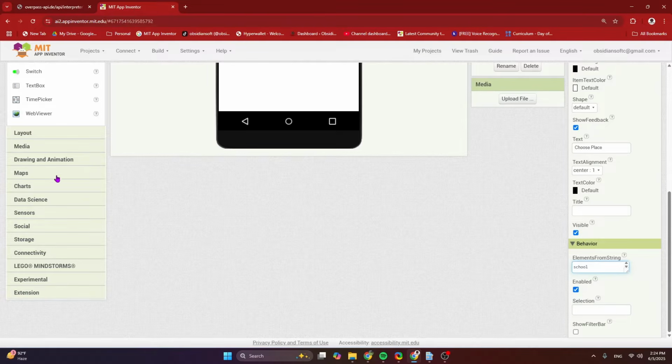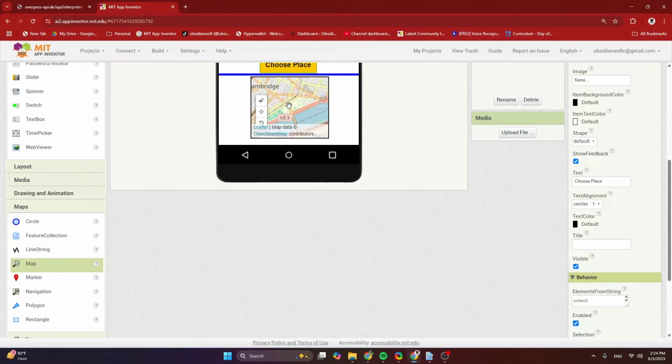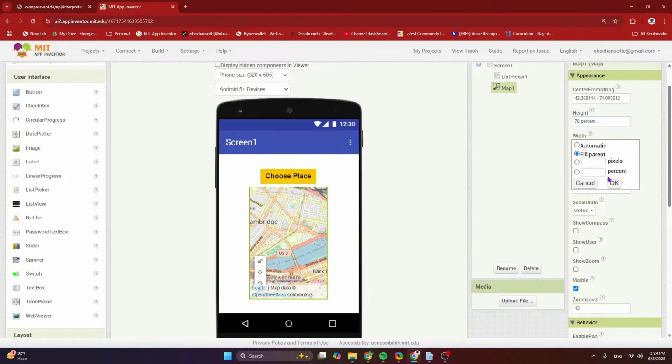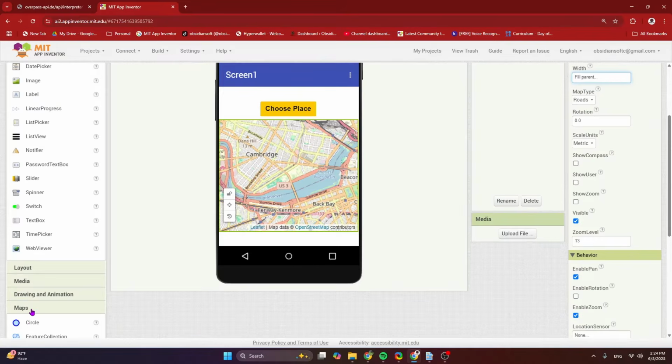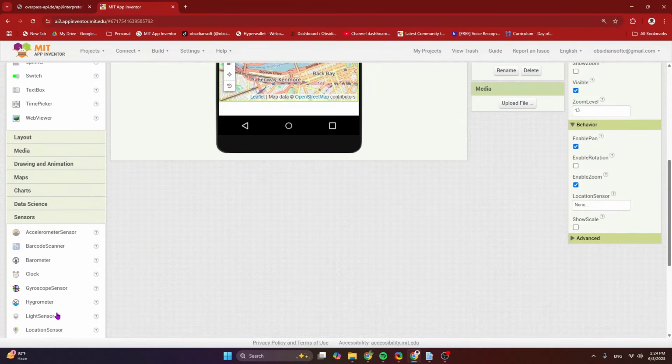Now from this Maps palette, drag and drop a map below this list picker and make its height 70% and width fill parent. Now from sensors, we need a location sensor.